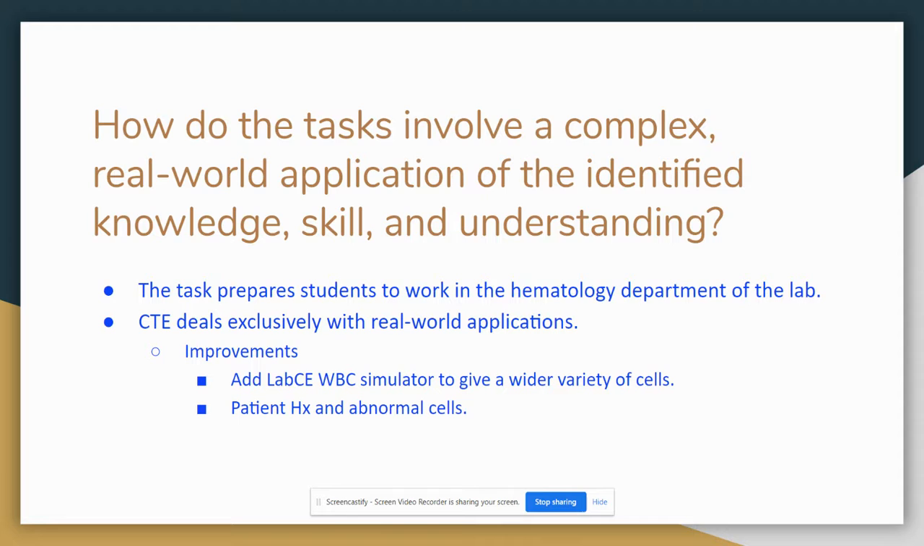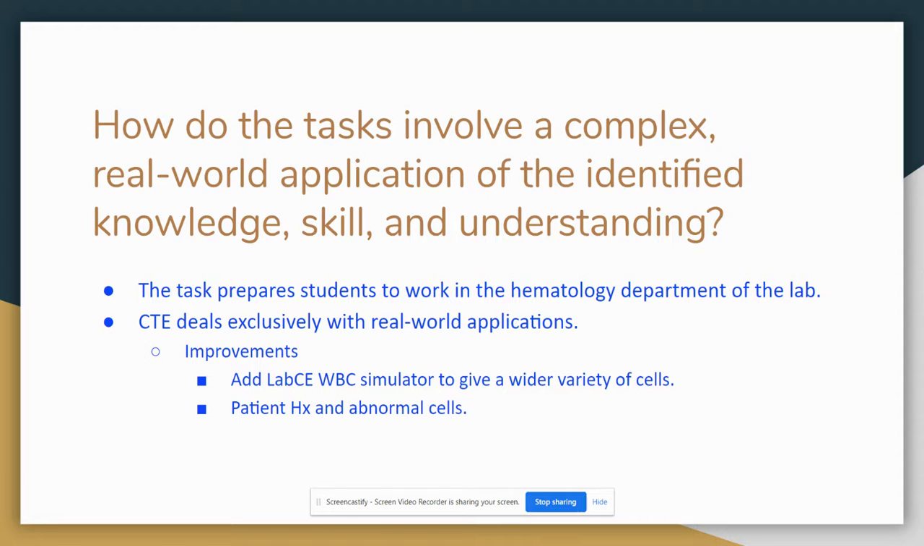How did the tasks involve a complex real-world application of the identified knowledge, skill, and understanding? So all of the stuff I teach is going to be a real-world skill, because you're going to be doing it on the bench in the lab. So with the real-world applications, it's pretty much everything in the lab. But improvements I can do to make it be more